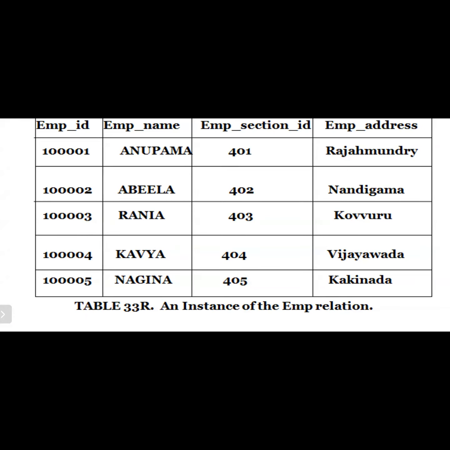Now, if at any time I want to join these three tables according to my requirement, then there is no chance of losing data. That is nothing but lossless join. When we join these three tables again, it should form the original table. Otherwise, we should not decompose the table into smaller tables. That is one of the properties of decomposing tables.